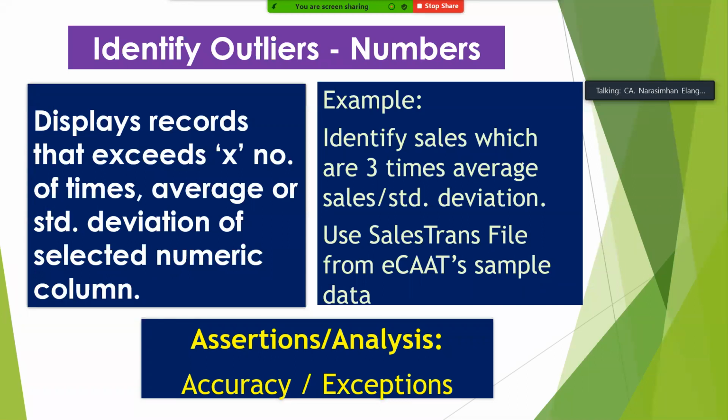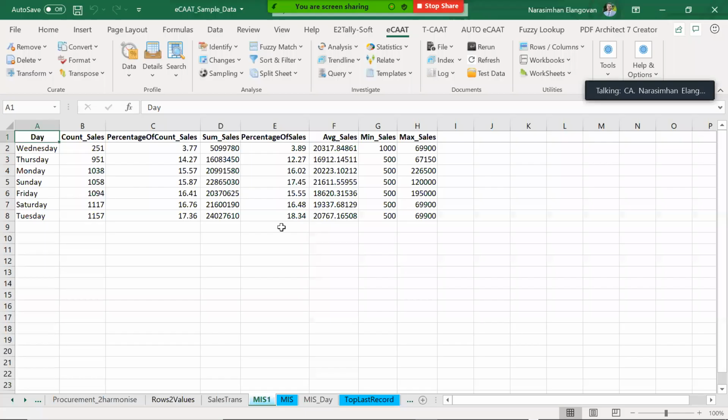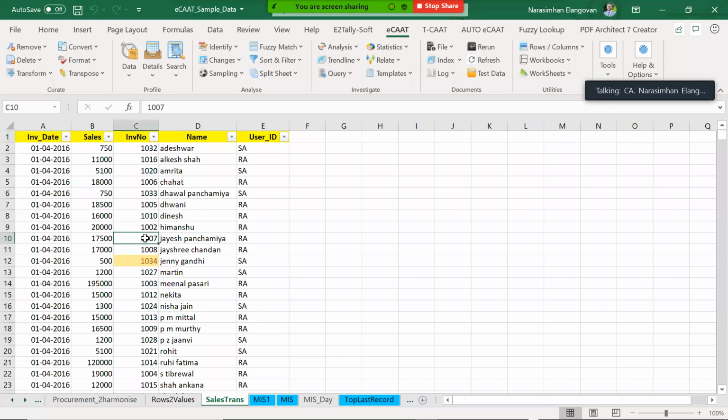In the same way, for any sales, any purchases, you can identify who is, let's say, 3 times more than the average, 5 times more than the average sales, or 8 times the standard deviation. If you're doing some stock analysis or sales analysis, which product is running well, which product is not running well, you can use this. Even for the stock market, if you have to calculate beta and other things, you can use this.